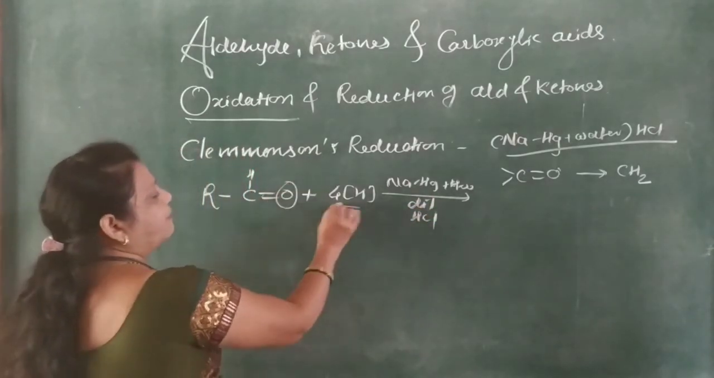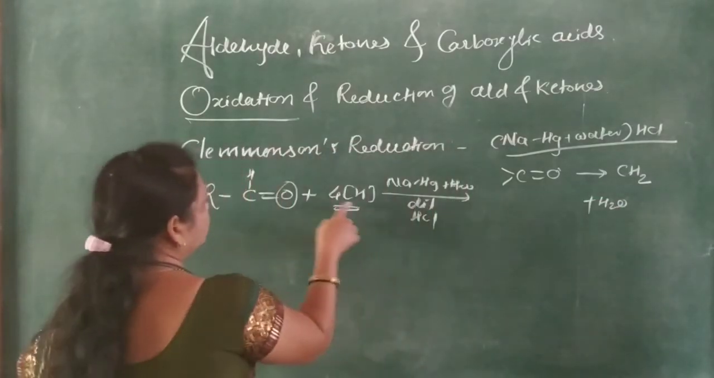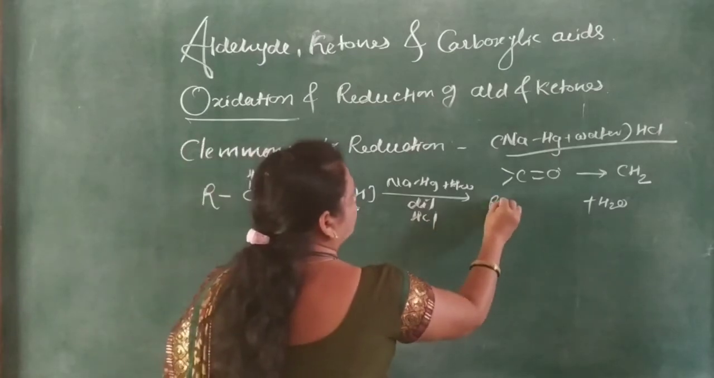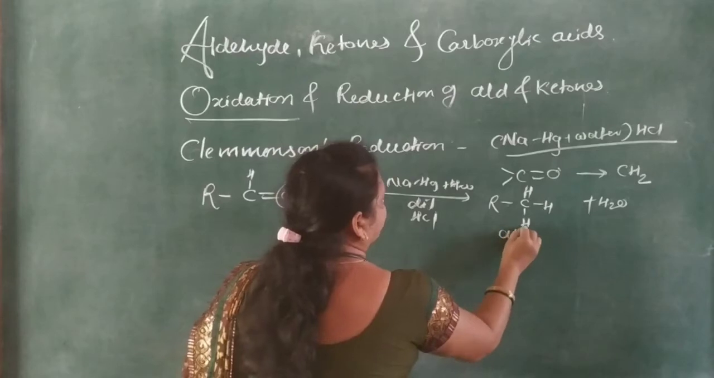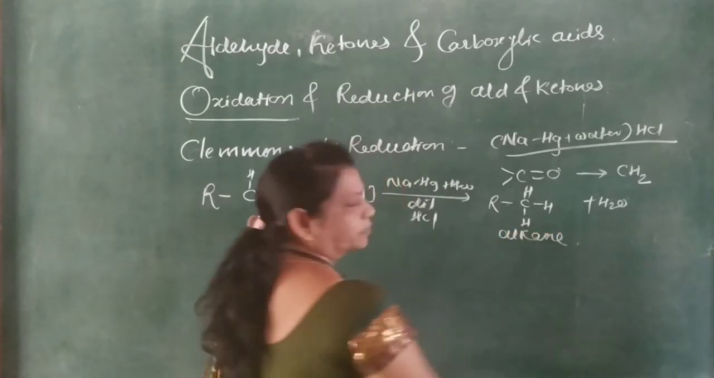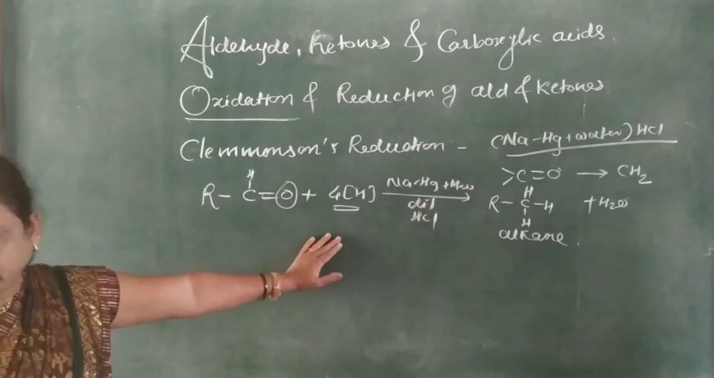This O combines with 2H to form H2O, and the other 2 hydrogens combine with the carbon to form CH2, corresponding to the alkane with the same number of carbon atoms. Then here